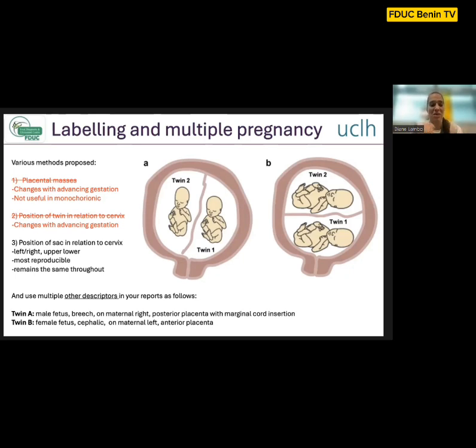So, as many descriptors as I can put in there to really identify which twin I'm speaking about. Then again, if it's not me scanning this patient next time, I can look for all of these features and say, okay, I know which twin I'm scanning, and it's the same from one scan to the next. Same with twin B: female fetus, cephalic, on maternal left, anterior placenta. So it's not necessarily relying on any one, but, as I said, putting in as many descriptors as you can. If you are going to rely on one, then certainly the position of the sac is probably the most